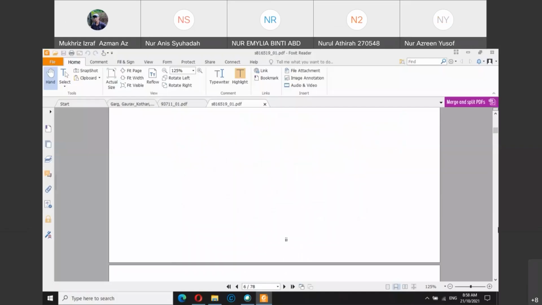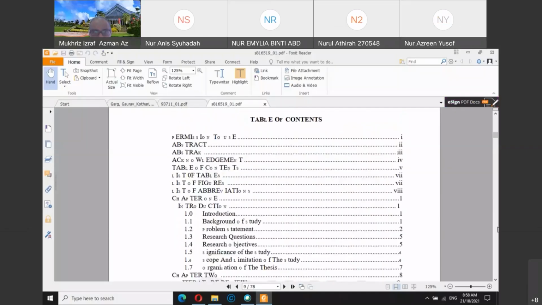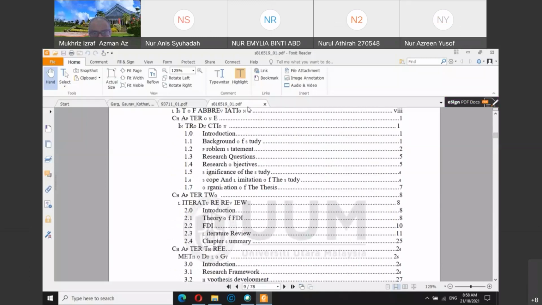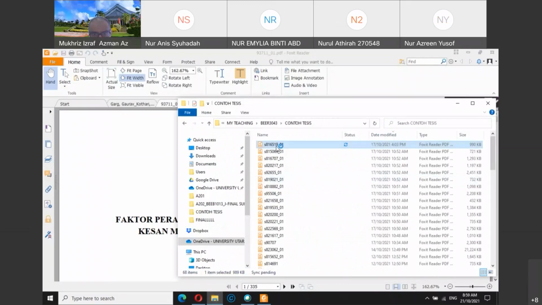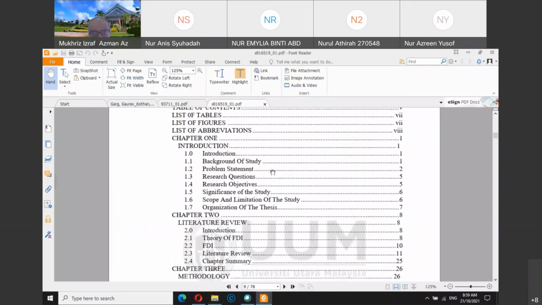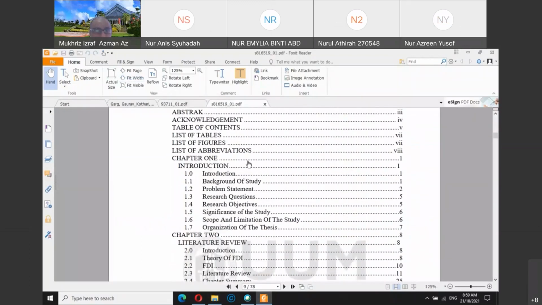And then you scroll to the table of contents. Okay. Oops, what is happening to this? Okay, so if you look at this chapter 1, for example, this is a very standard outline of